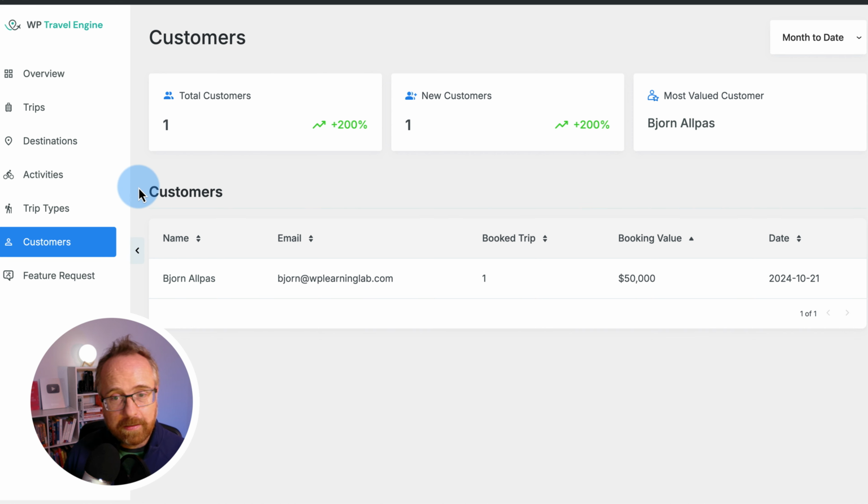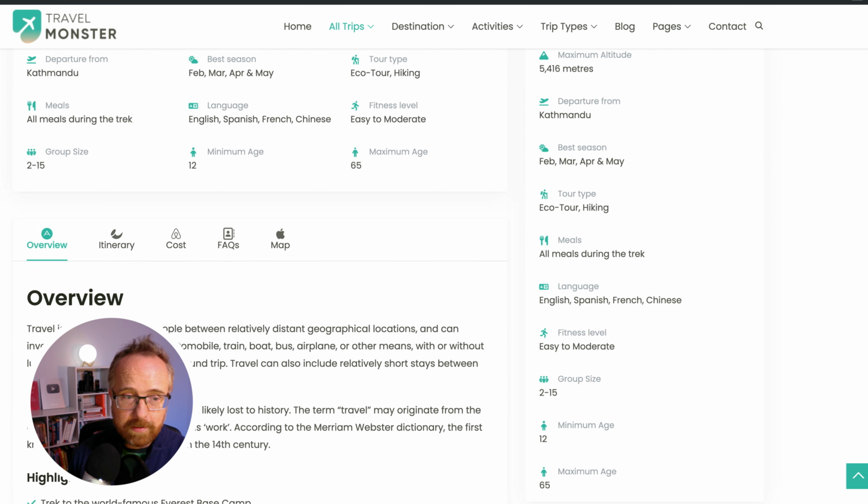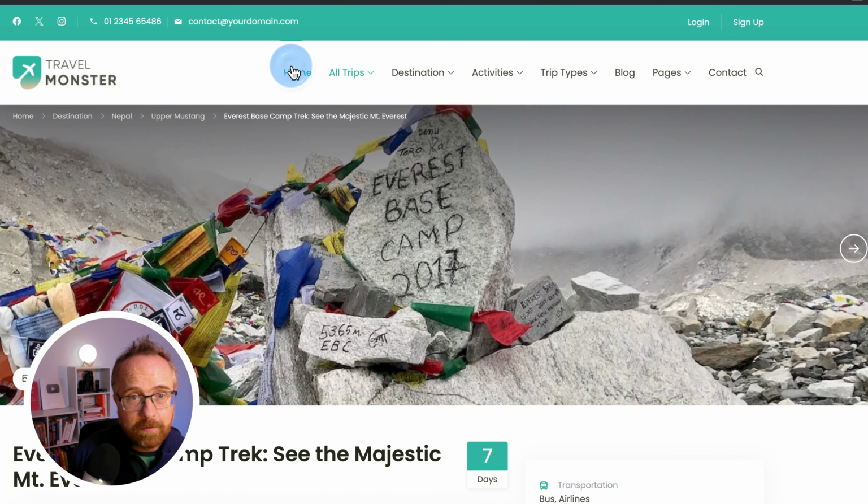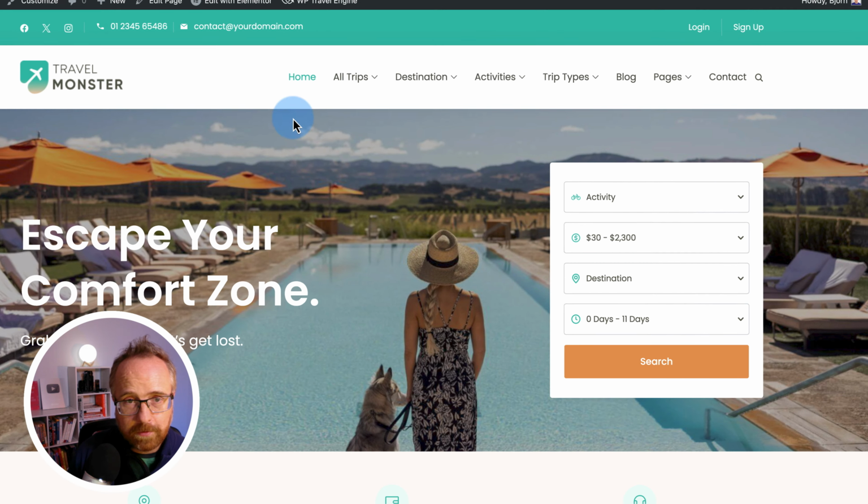So now we've seen how to set up the site, how to create a trip, how to book a trip, and all the settings in the back end, and how to analyze the data from your trip. What if you want to edit what a page looks like? We have this layout that's created for us that's super nice, but maybe we want to change it a little bit. If we go to the home page, or any page, I'm just going to go to the home page,